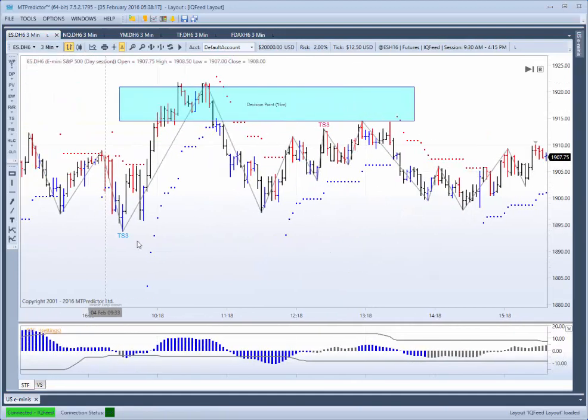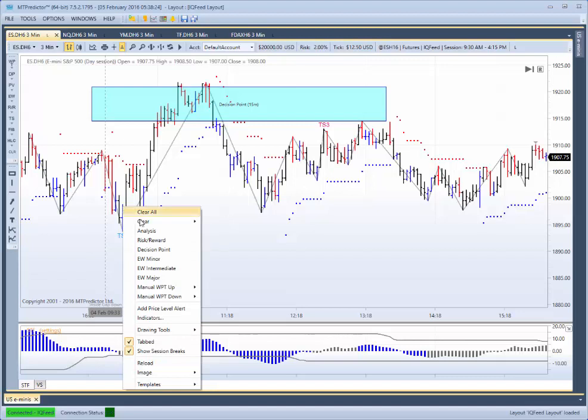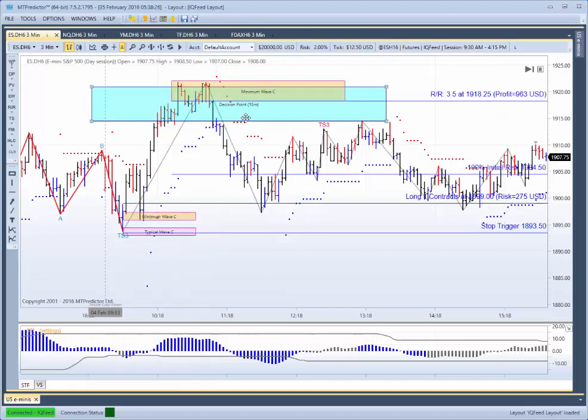There we go. There's our TS3 buy setup. At the time we hadn't reached this 15-minute resistance, therefore this would have been a good trade setup to take, and as such would have been a good one to go in the direction of the large degree trend up into that first target. First target was in the area of the higher time frame resistance, so it was a